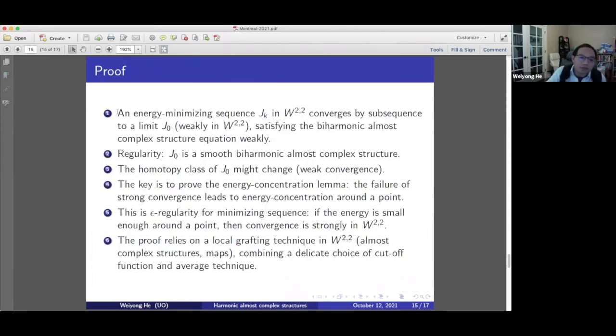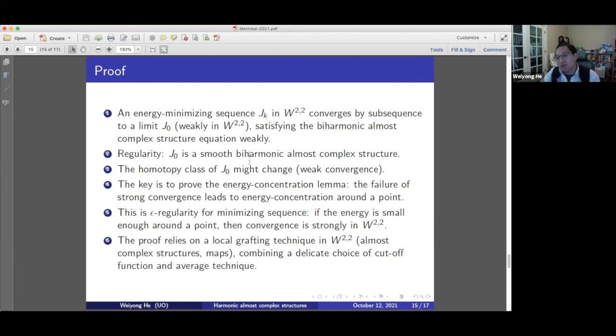The proof goes like this. We take an energy minimizing sequence, and it will converge by subsequence to a limit. This convergence is weak, so that's the case where we have bubbling. But the weak limit still satisfies the equation, so we know that the limit is smooth. The only thing we need to prove is to understand what's going on with the weak limit